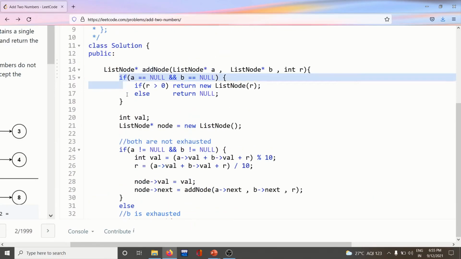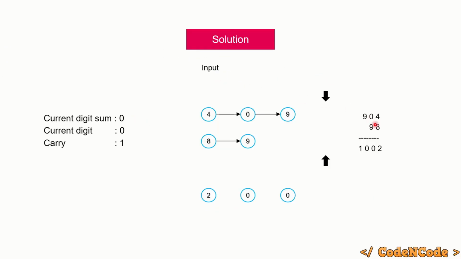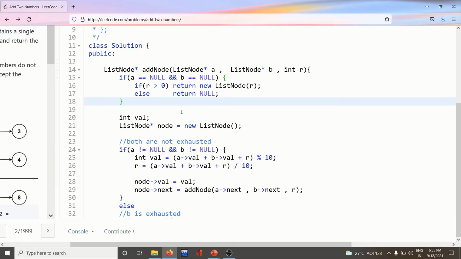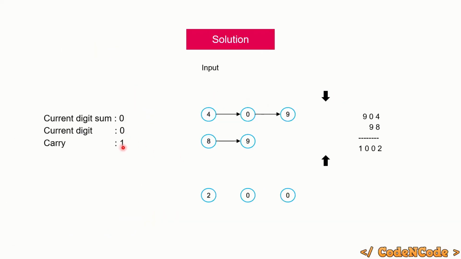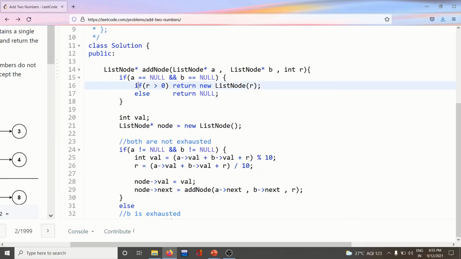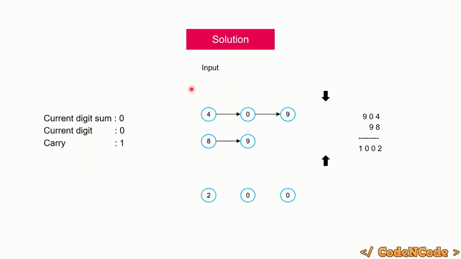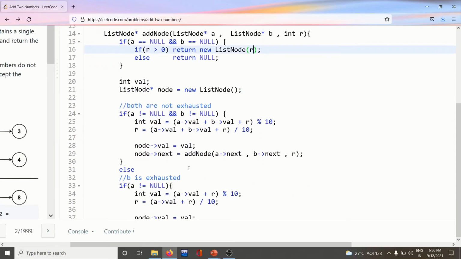Here a and b both are exhausted, so a is equal to null and b is equal to null, you see here, right? So when a and b both are null, you have two conditions: either you have some carry, or you don't. If you have some carry, you have to create a new node with carry, so that is being done here. Otherwise you will return null, because no new node needs to be created. So you are creating a new node passing carry as its value, and you are returning that. So you are creating a new node with carry 1, and now you will return this. So what will happen, basically you are here at this point,